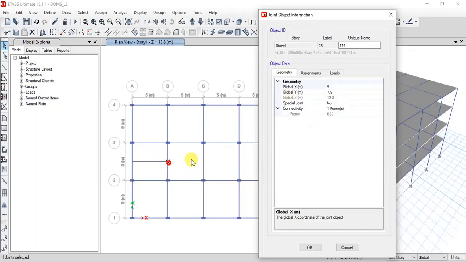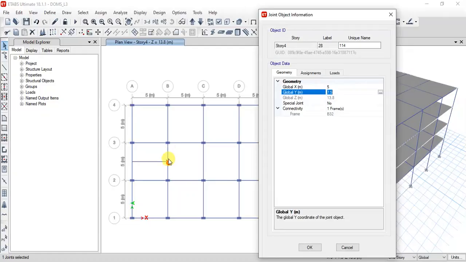Now this is at a position which is 7.5 meter from the origin, because in ETABS this horizontal line is the x-axis, and in the plan this is the y-axis. So we need to move this along the y-axis, and if you want to move upward, you have to add the respective value. If you want to move this node downward, then we need to reduce this value.